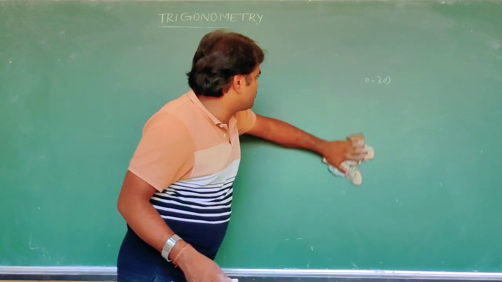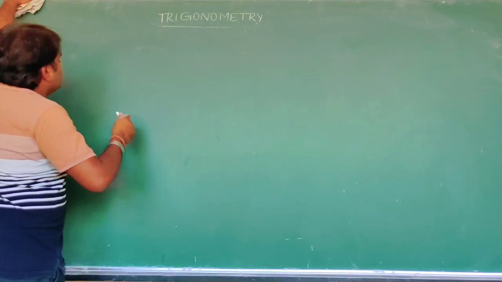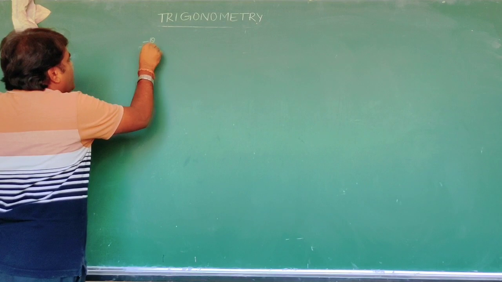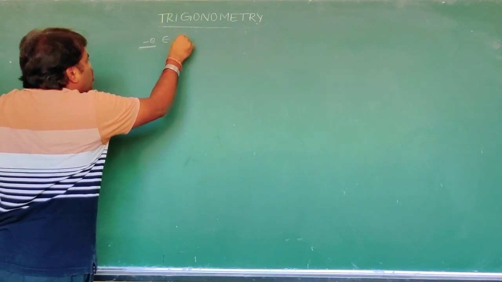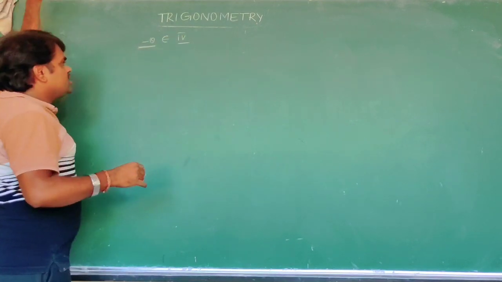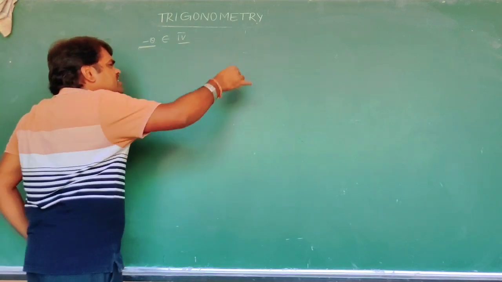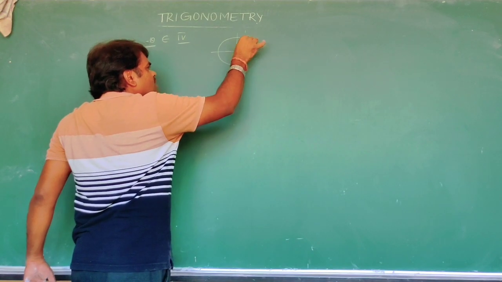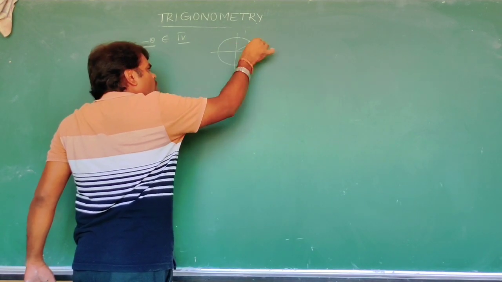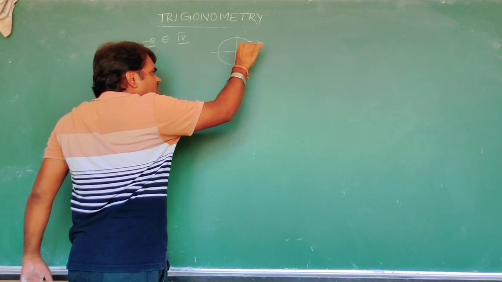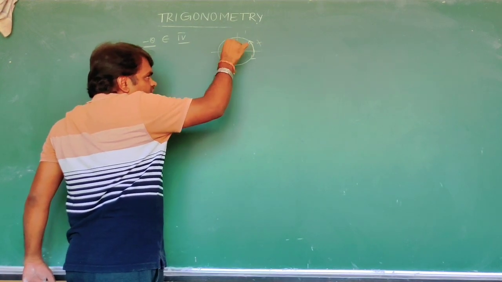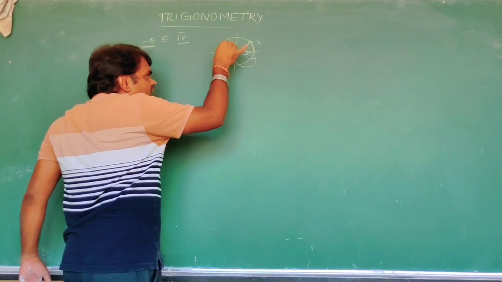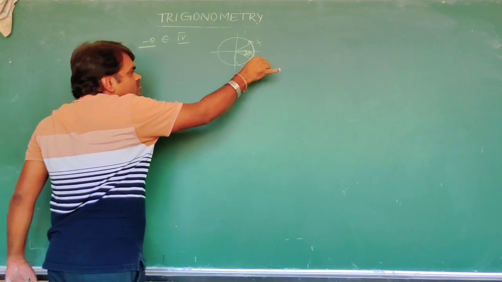It's one more, a very important one. That one is minus theta, as I said already. The minus theta belongs to the fourth quadrant. Why can I check? Because I will take the angle in the anti-clockwise direction, which is positive. But when it goes down in the clockwise direction, this is represented as minus theta. This quadrant belongs to the fourth one.